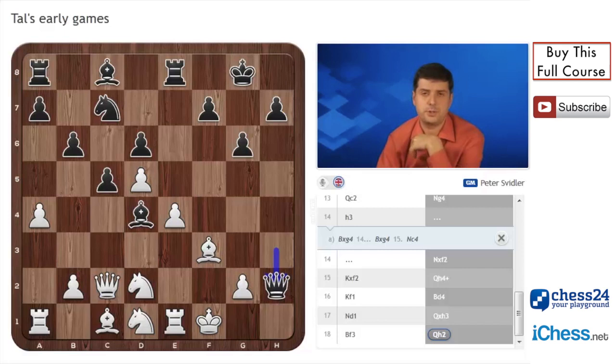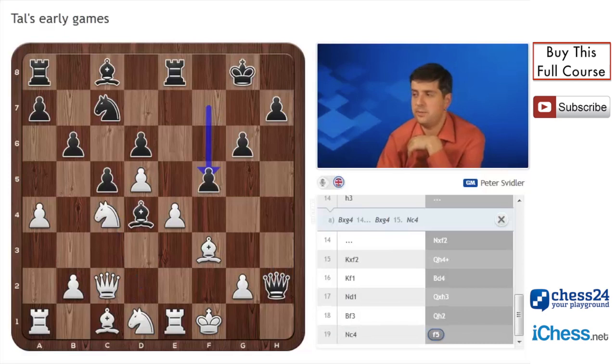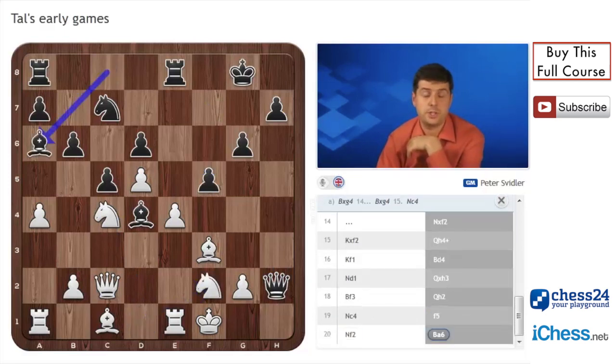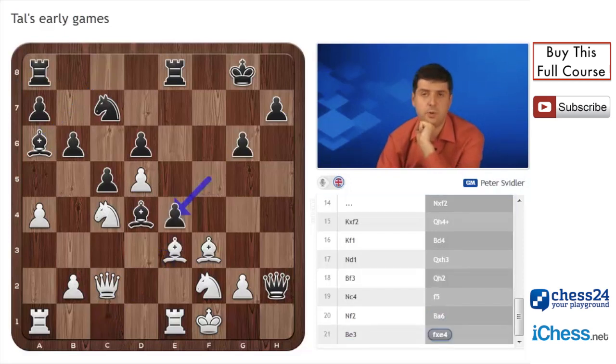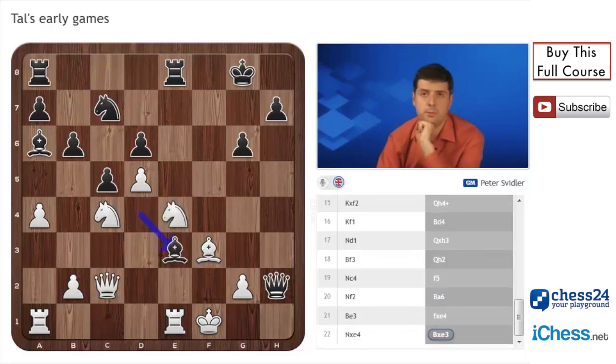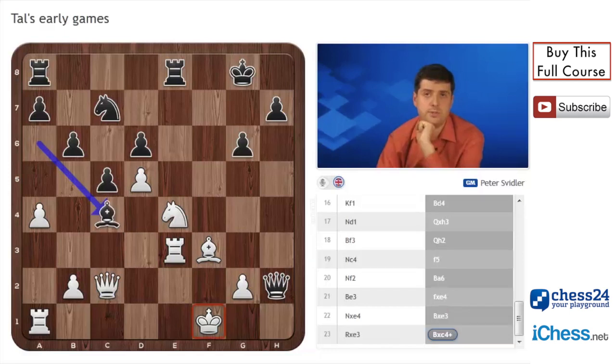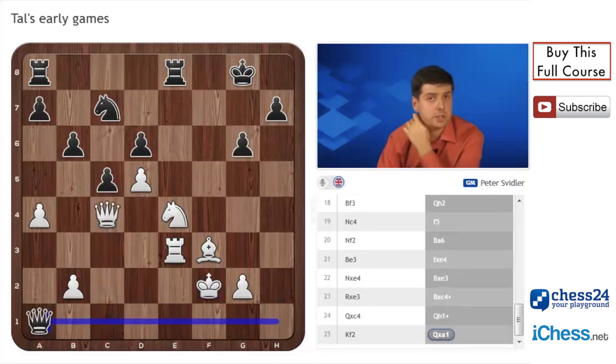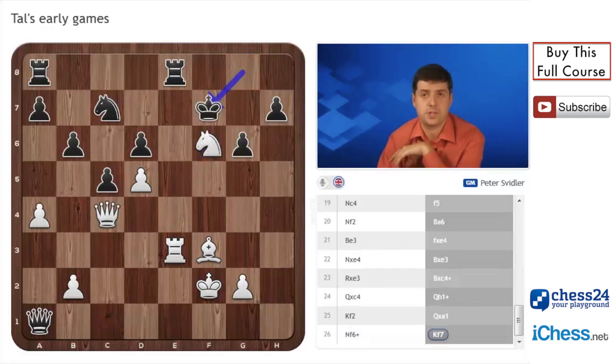Objectively, I think this position is already beyond salvation for white. If white goes, let's say, knight c4, black plays f5, knight f2, bishop a6, and there are some prosaic ways of losing this for white, such as, for instance, bishop e3, f e4, knight takes e4, bishop e3, rook e3 takes on c4, and then check and take on a1, and black will win the endgame arising after knight f6,